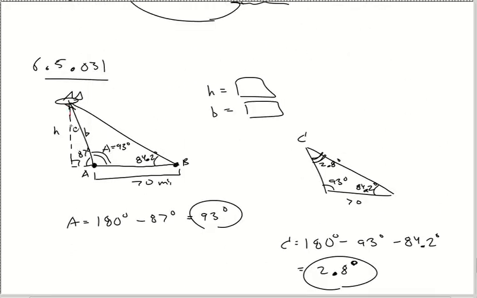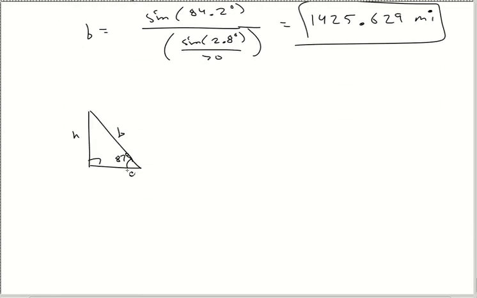All I'm doing is taking this triangle right here, this little one. Again, on the WebAssign, it's super thin, but that's the idea. I want just this guy here. Notice there's a 90 degrees right here. That's pretty interesting, actually, isn't it? And I know what B is now. It's the